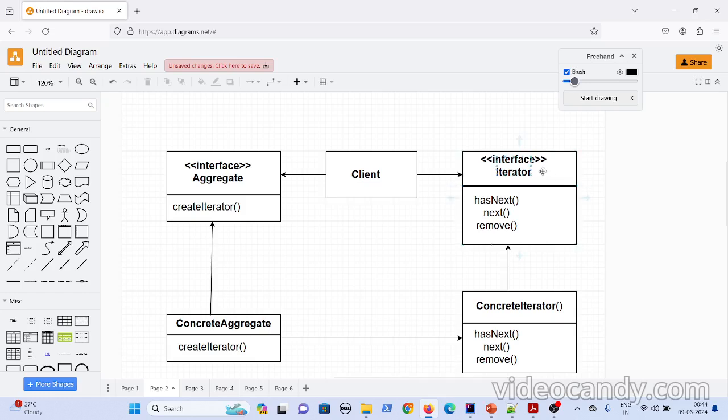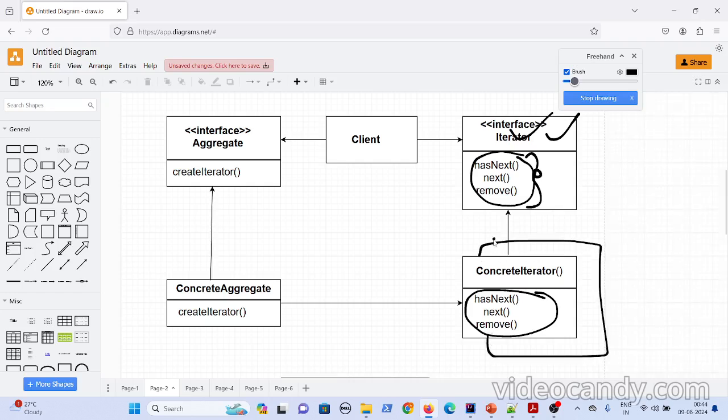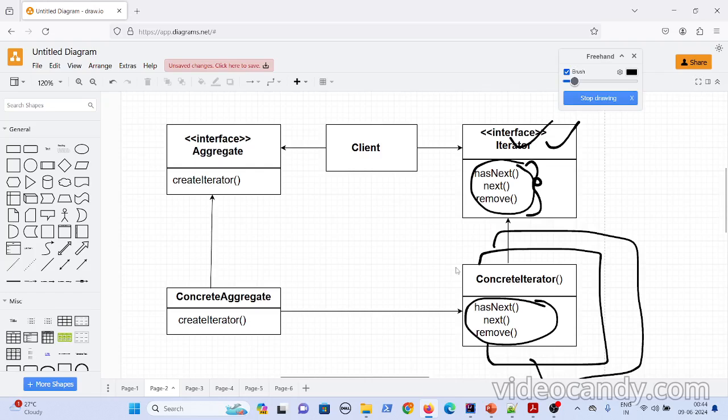So what happens is you have one iterator interface and you can define methods such as next of, or remove, whatever methods you want, and then you create concrete iterators according to the traversal logic you want. When you create the concrete iterator of this iterator type, you provide implementation for all these methods. Now, however many concrete iterators you need, you can create that many. Like in the before example we have seen the pancake iterator, and here you can see the